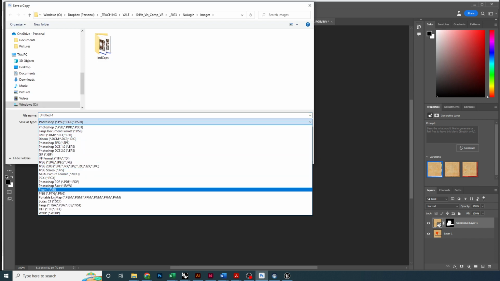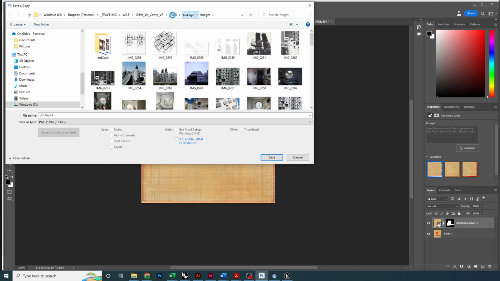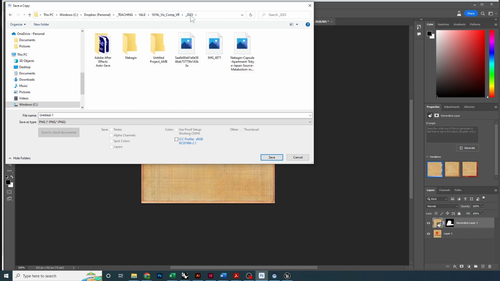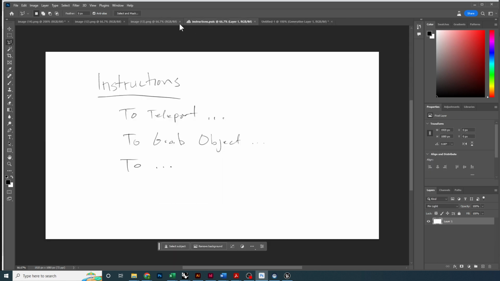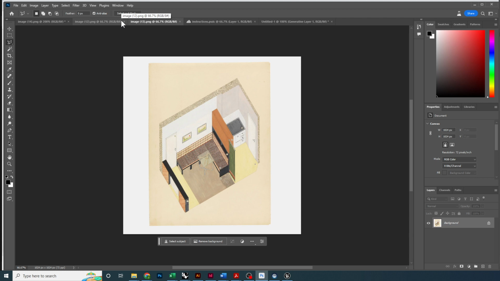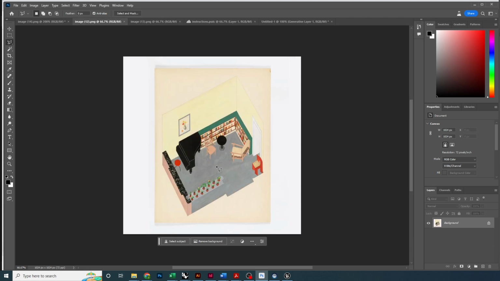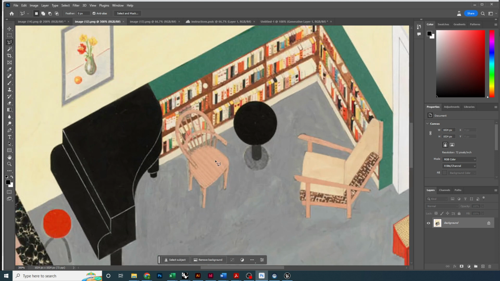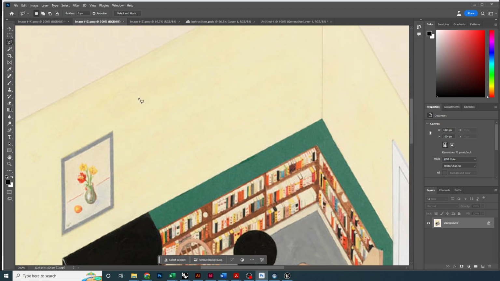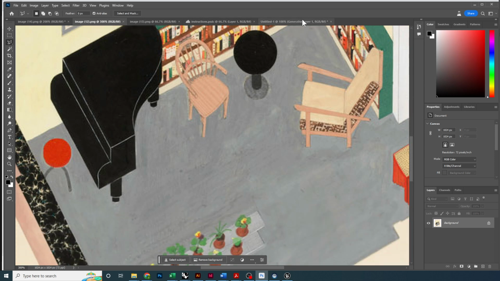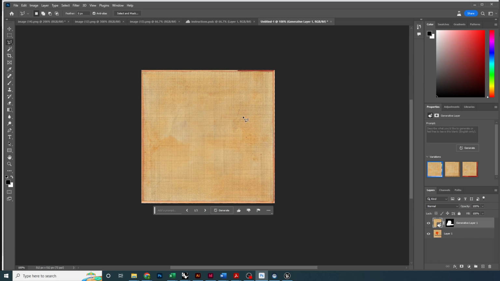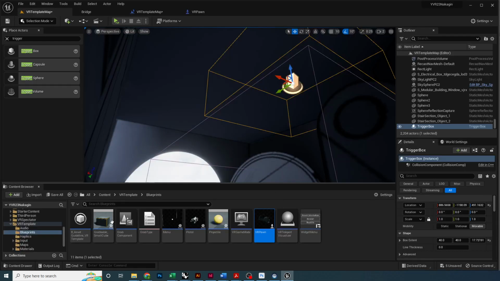I'm gonna make this a PNG, and I'm just gonna put it not in my Nakagen folder because it's gonna be very confusing. I'm gonna call this Nat1 in honor of the person who asked the question. And you could do that for any other surface, right? I can start grabbing parts of this, grabbing parts of this, and just basically run through the same process, right? But once I have the texture file, I can go into Unreal,